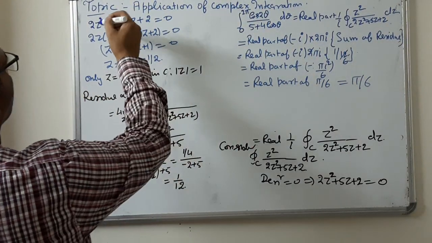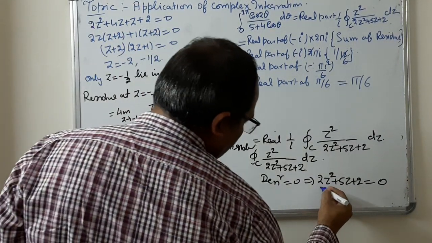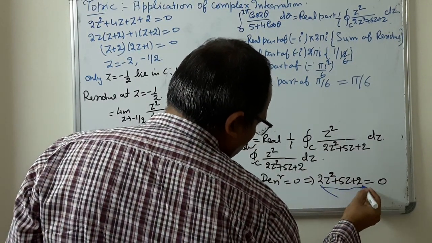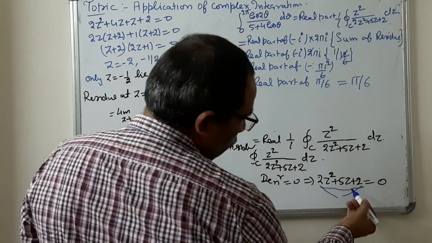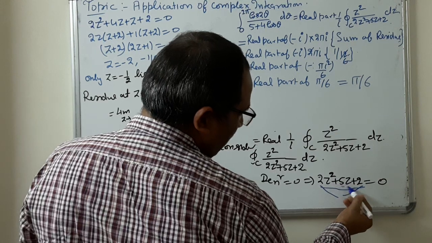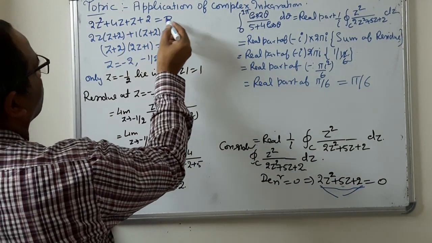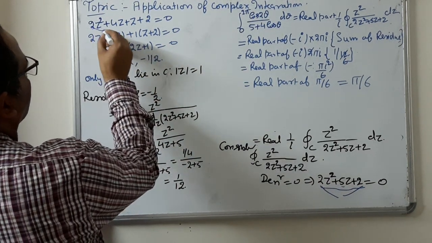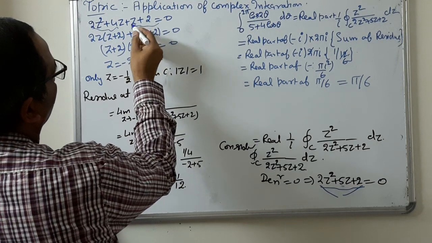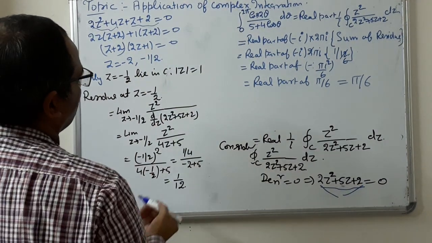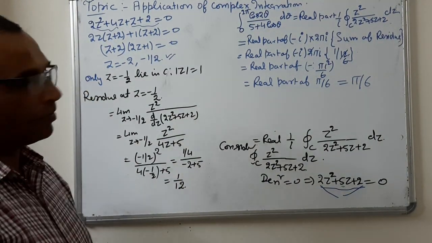Now we get 2z square plus 4z plus z plus 2 equal to 0. Just factorize this one. You can see 2 times 2 is 4, we have to divide 4 into 2 factors such that the sum is equal to 5. So we take 4 plus 1, 5. We write here 4z plus z plus 2 equal to 0. Then taking this one and this one, we get 2z times (z plus 2), plus taking 1 common, (z plus 2) equal to 0. From here we get z equal to minus 2 and minus 1 by 2.